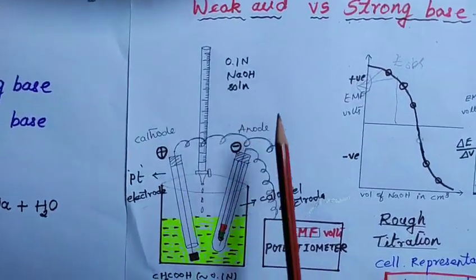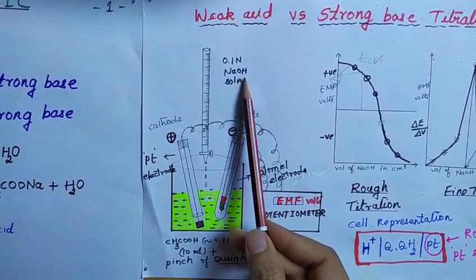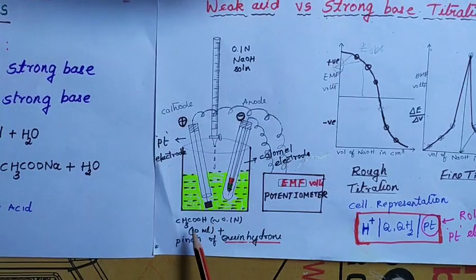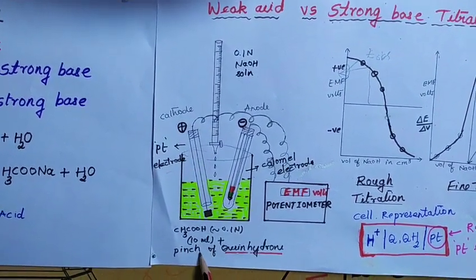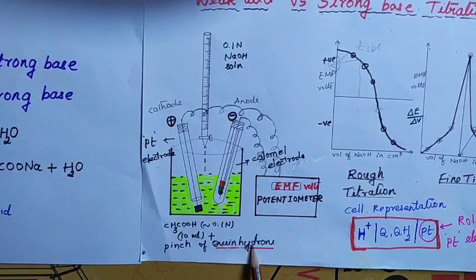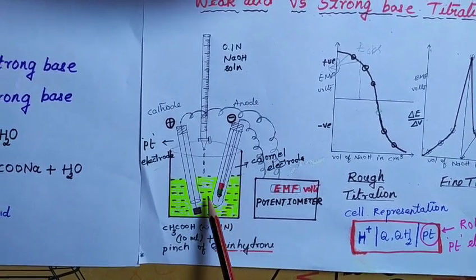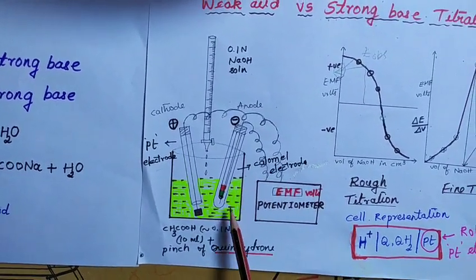This is the experimental setup. In the microburette, we have to take exactly 0.1 normal sodium hydroxide solution, and in a 100 ml beaker, take approximately 10 ml of 0.1 normal acetic acid, then add a pinch of quinhydron, which is an organic compound. After adding quinhydron, you have to stir the solution for 2 to 3 minutes till the solution is saturated with